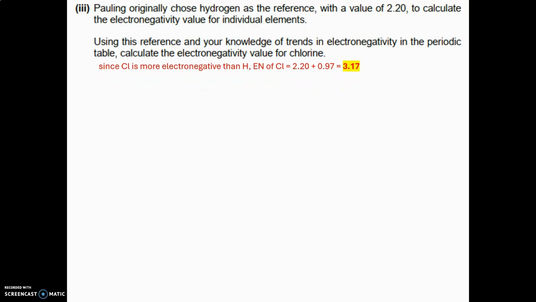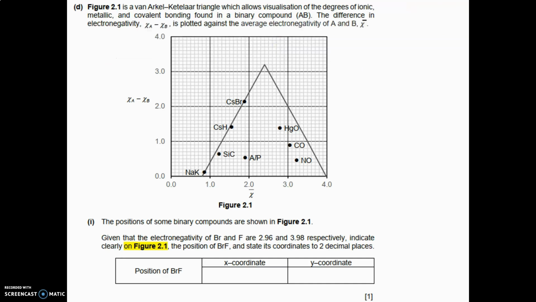So the electronegativity for chlorine is 2.20 plus 0.97 will give you 3.17. Part D, there is a triangle which plots on the x-axis the average electronegativity, and XA minus XB is the y-axis. It plots the difference in electronegativity. So we're going to fill in part 1 first and then use our coordinates to plot on the diagram in